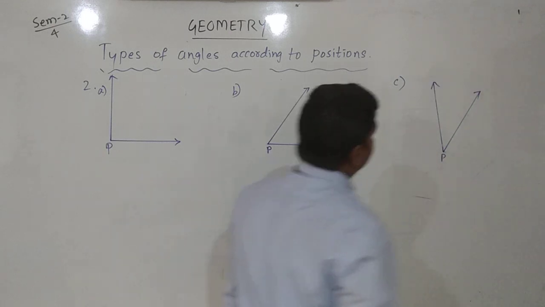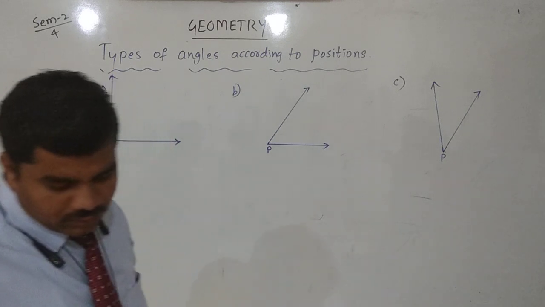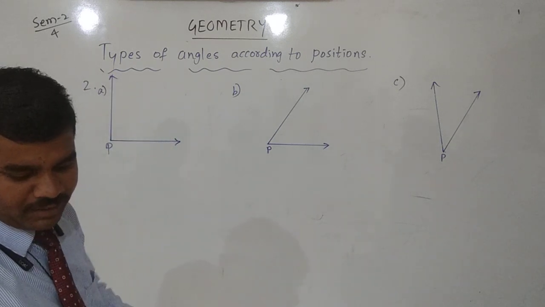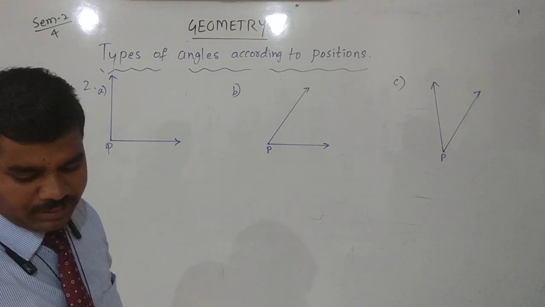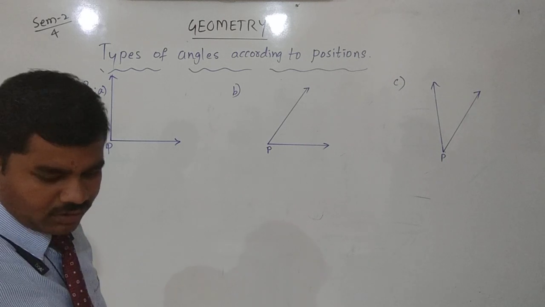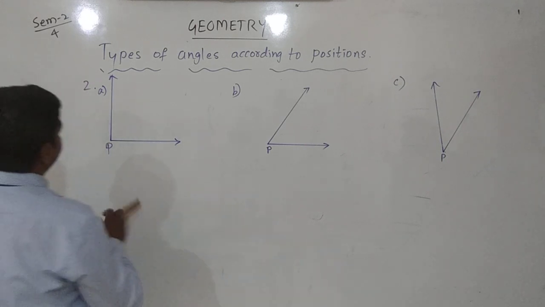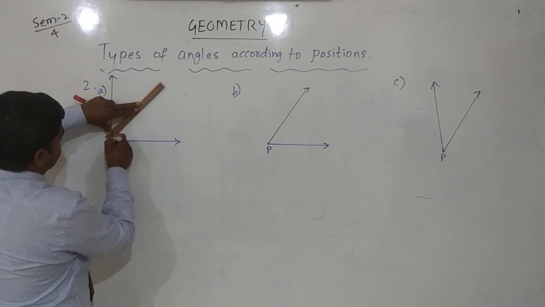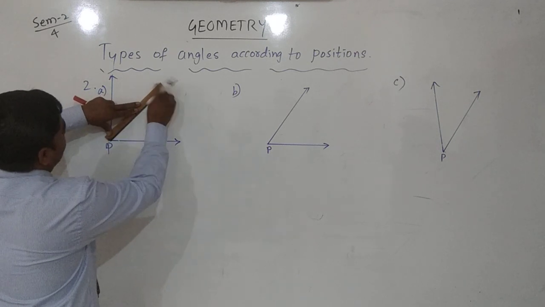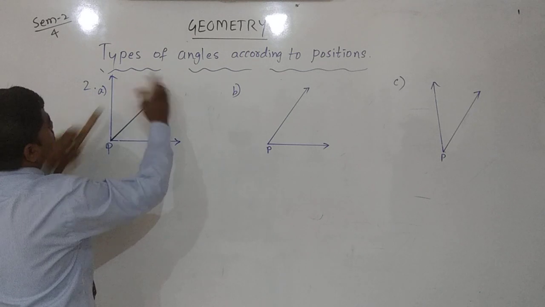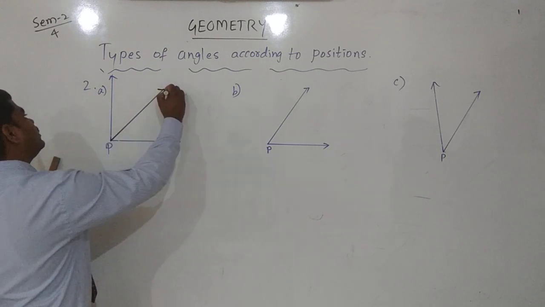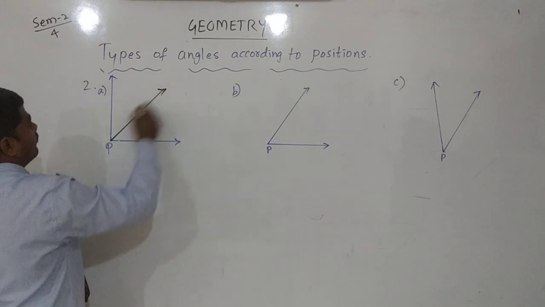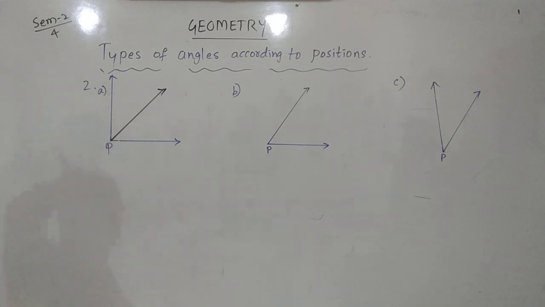Yes. Here you draw a ray from point P to make a pair of adjacent or complementary angles. You can draw one point, one ray. Yes, these are the adjacent or complementary angles. Here you can draw, this is P, then this is the ray. Yes, we drew it from P.